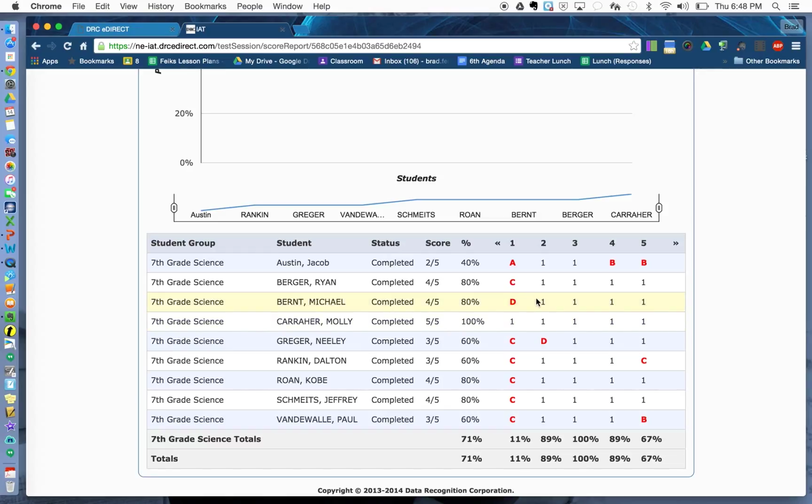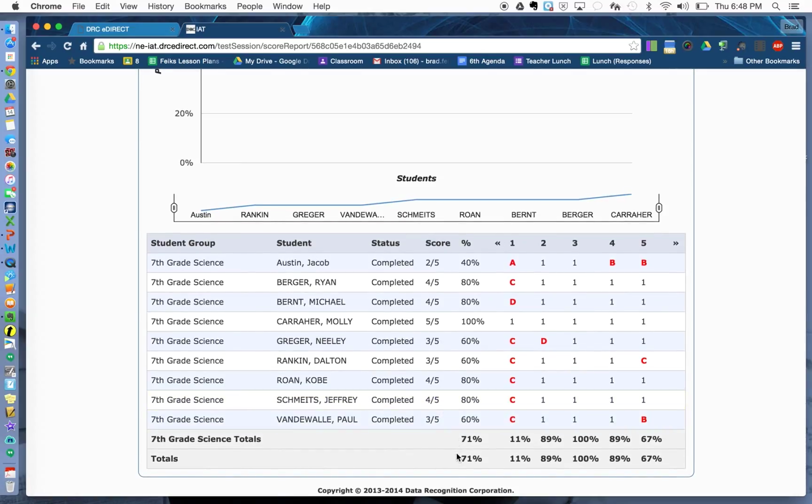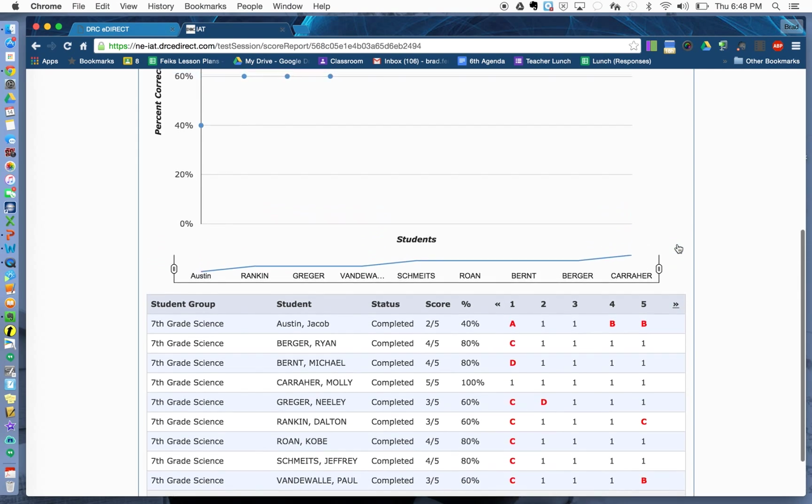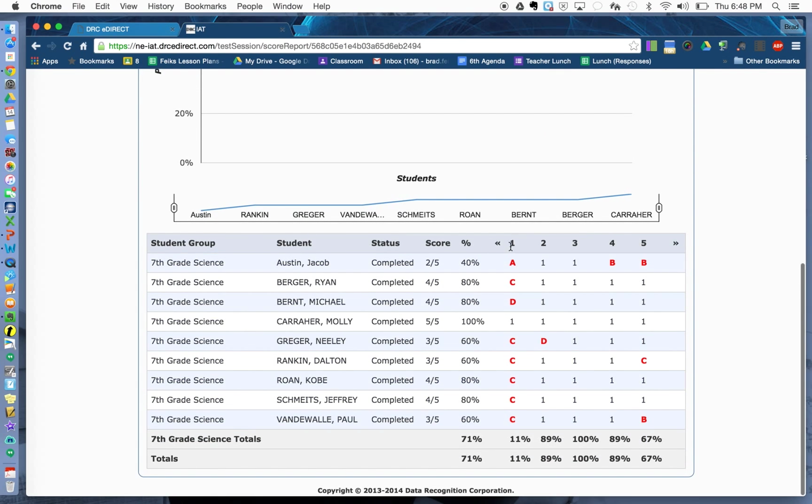Just to give you a quick little view of how your students did. It shows you the percentage here, and then it shows you how many you got right over how many total. What I really like about it is it gives you the totals at the bottom. My 71%. The students got an 11% on this one. The 89% of my students got number 2 right, and so forth. That's really neat. If you do a longer test, this little button right here will help extend it so you can kind of see. Now, I'm not super happy with this because I don't remember what